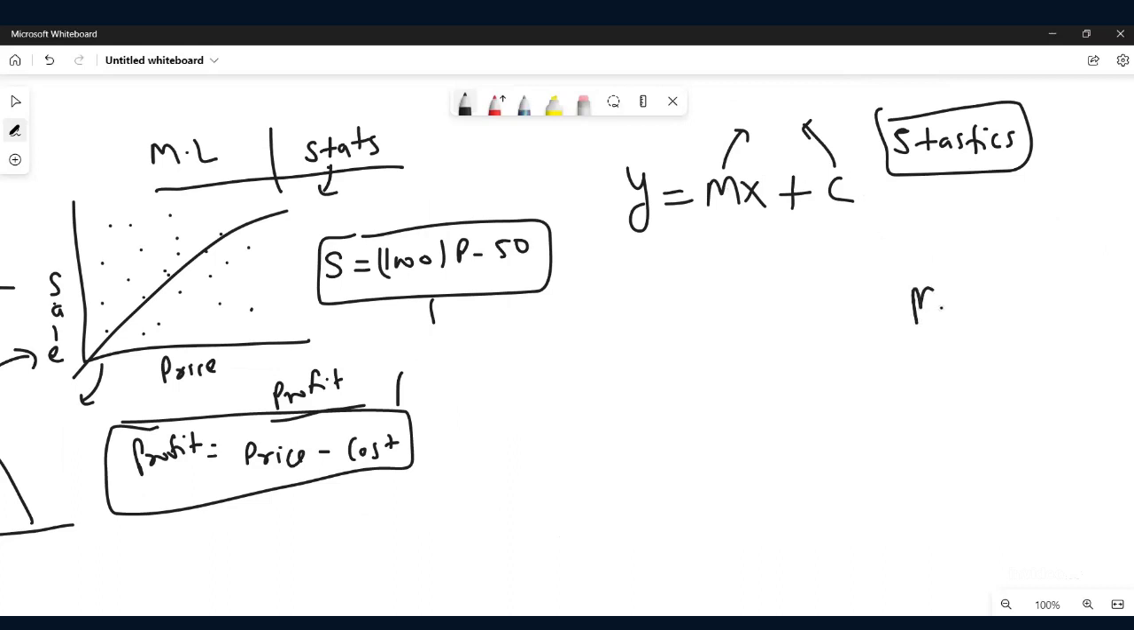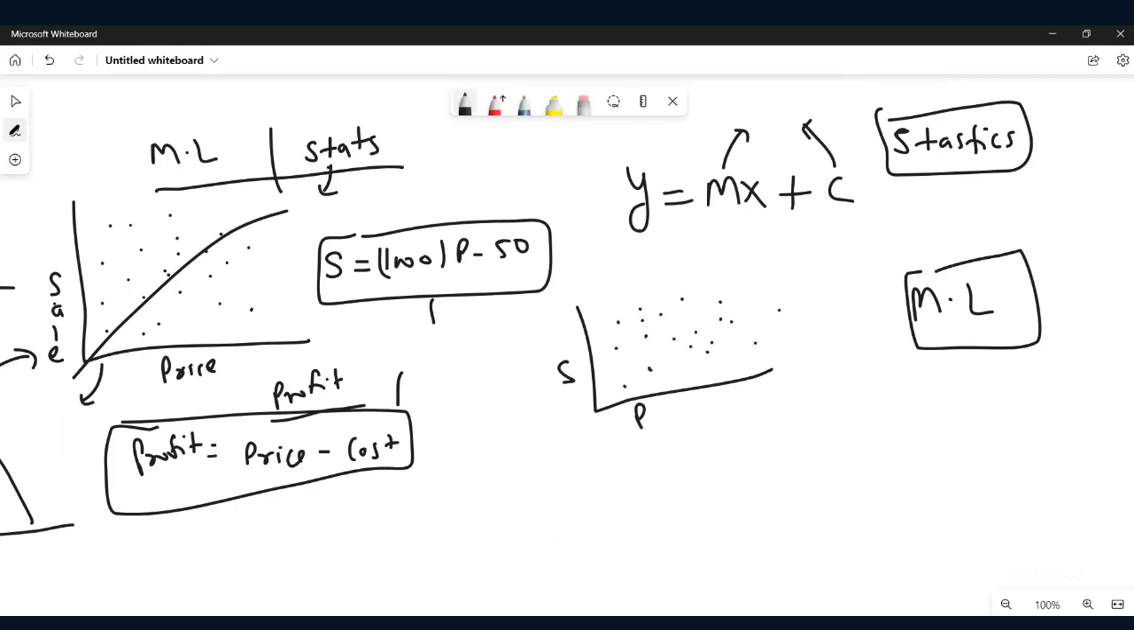On the other hand, what will machine learning do? Machine learning will say, I don't know what this is, okay, I had this graph. Now machine learning will recursively, in a for loop, let's assume for simplicity, try to fit all the models on this data and find out the best fit model. So first it will try a linear model, then it will try quadratic models, cubic,